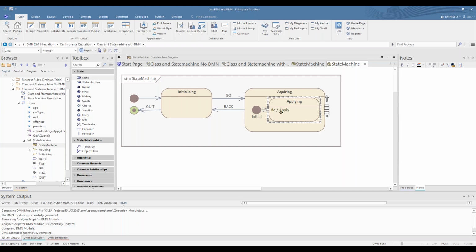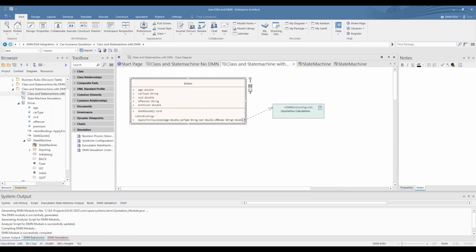So you don't have to have this link to the decision table to test these states. But we'll show you how you execute this in a little while. So let's go back to the actual class itself. Here is the Java class.